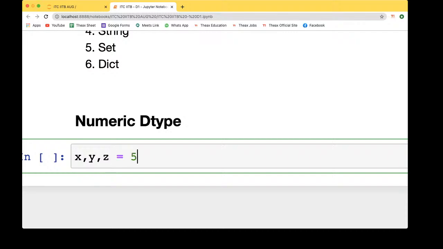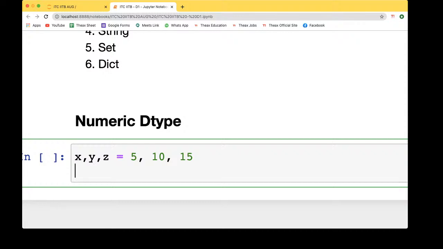Be 5, 10, and 15. Cool. So see, these numbers are without the decimal values or without the fractional values. So any number without fractional or decimal values will be the integer type. Similarly, if a number has decimal values with it, that would be a float type, right? So for getting a float type, it is compulsory to have a decimal value.